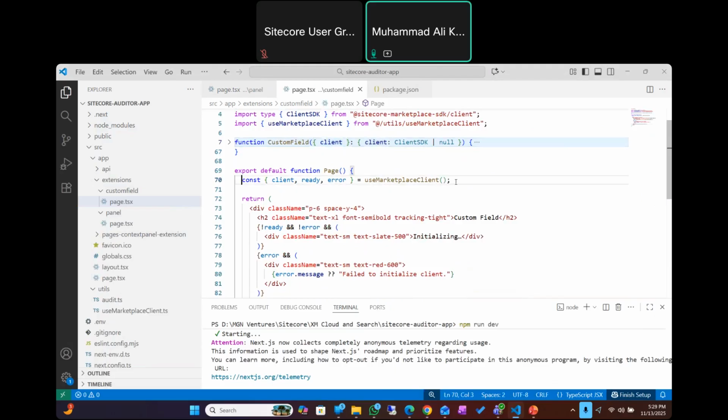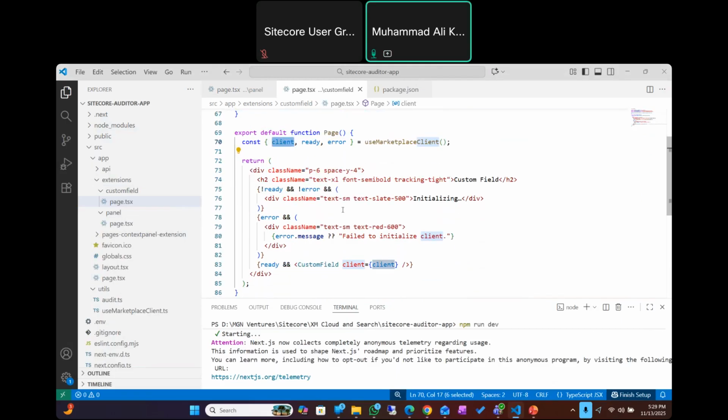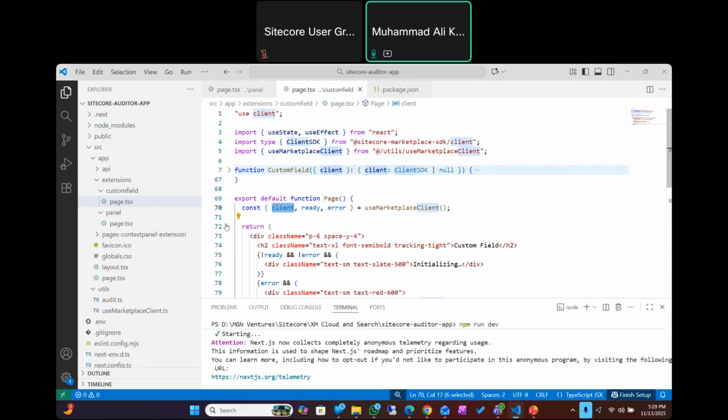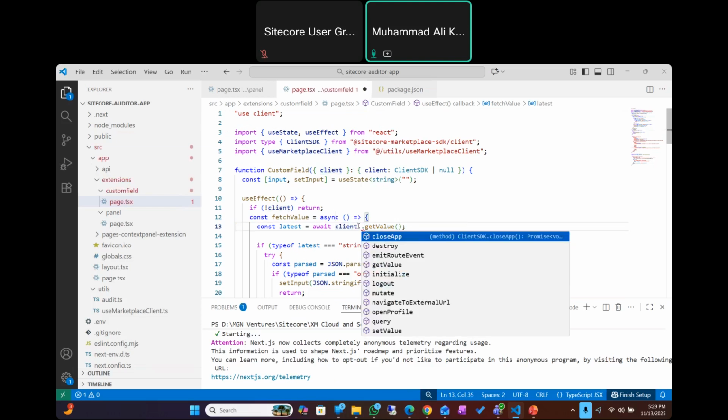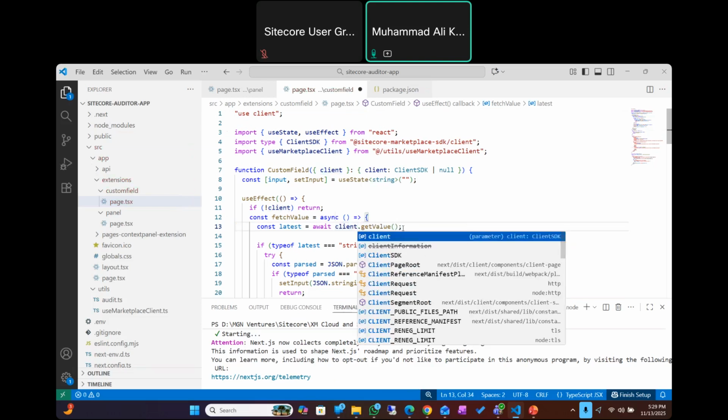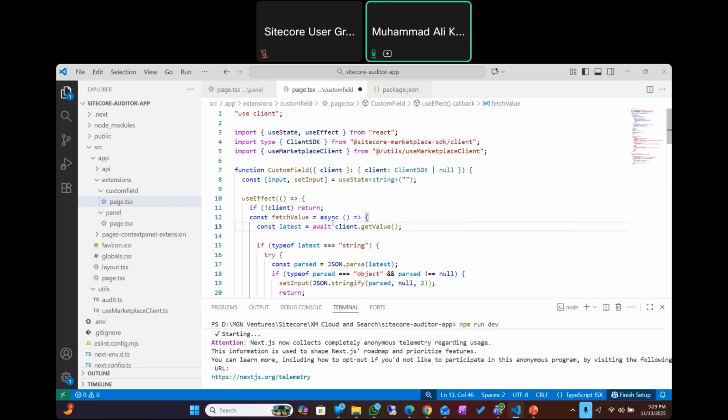Similar to the previous extension point, we are using this useMarketplaceClient. The client object is responsible for fetching the value of the field and setting the value. Based on the extension points, these methods get updated automatically. I'm not sure exactly if IntelliSense is working here, but I got these methods. I saw the documentation, and